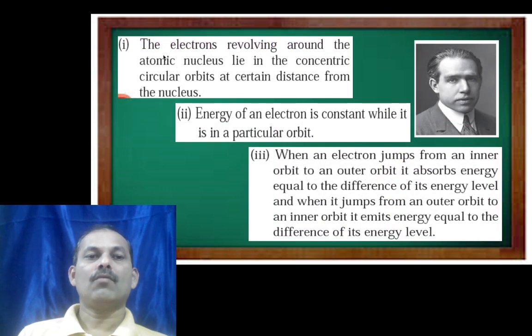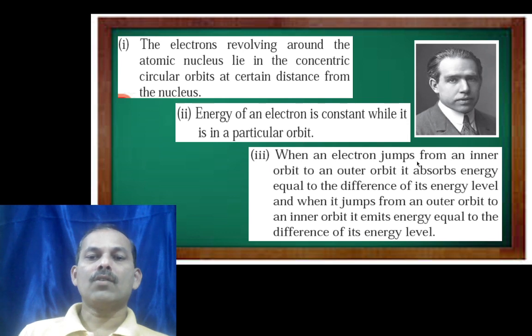One, the electrons revolving around the atomic nucleus lie in concentric circular orbits at certain distances from the nucleus. Second, the energy of an electron is constant while it is in a particular orbit. And third,